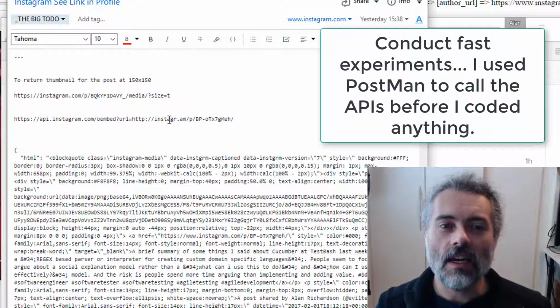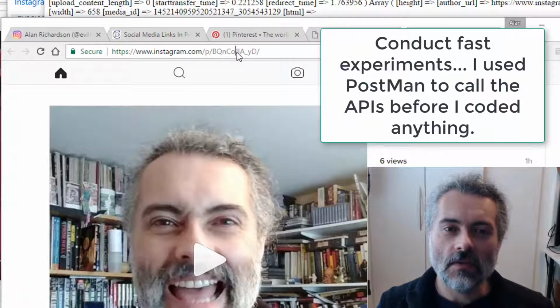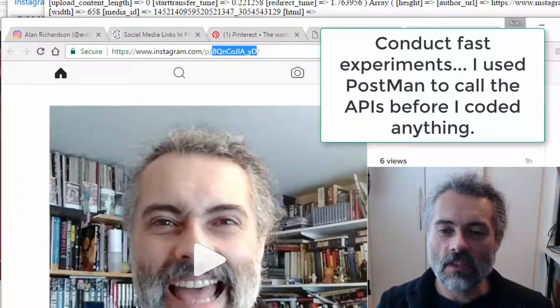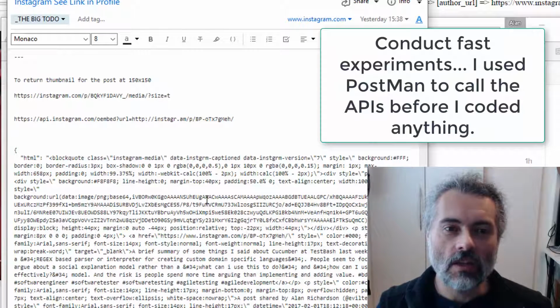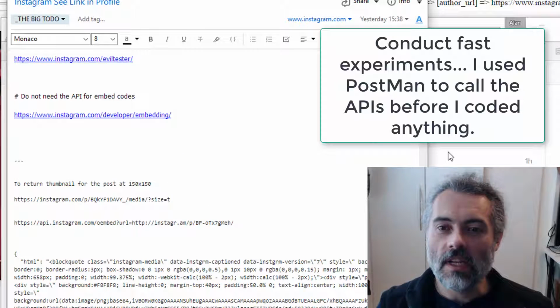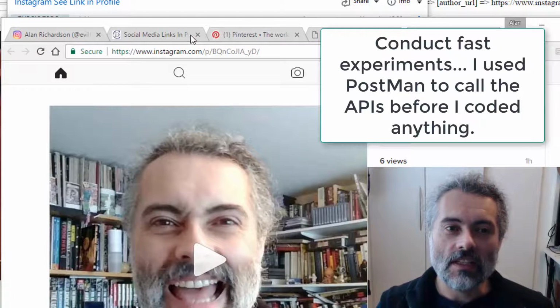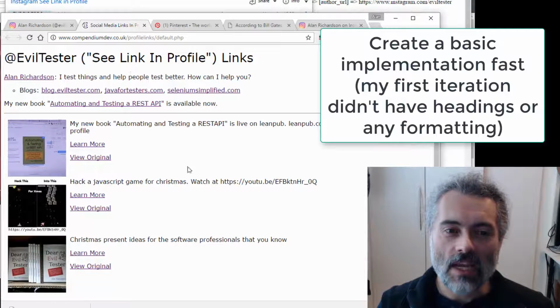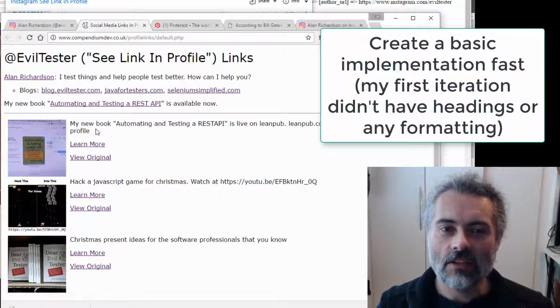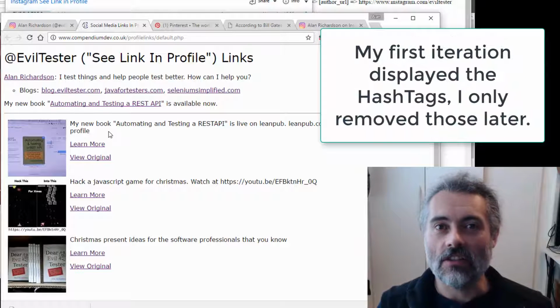The embed API call, which given an ID for an Instagram entity, would pull out the JSON metadata for that. I could parse that, and one which would give me the thumbnail. Using both of those things, I could then create a page like this with the thumbnail from Instagram. I've cached this, and the link to the main thing and the text. And note here in the text, I've parsed this to pull out the tags that are in there.